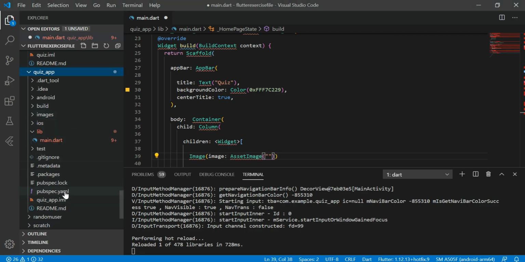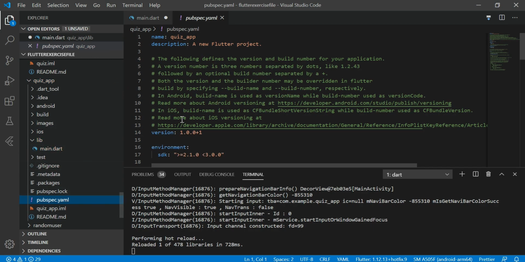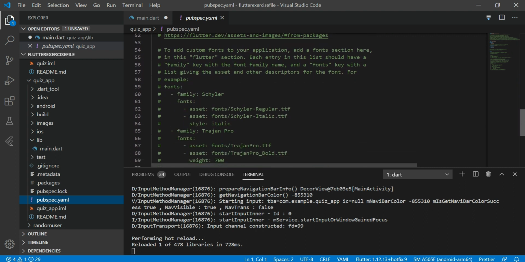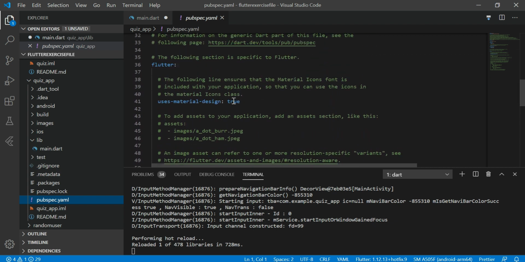That's fine. Now let's go to pubspec.yaml. Inside, uncomment the assets part. Here is assets. Now uncomment this. You need to be very specific about spacing. You need to place assets right before uses-material in the same line like this, and here provide the location of your image.